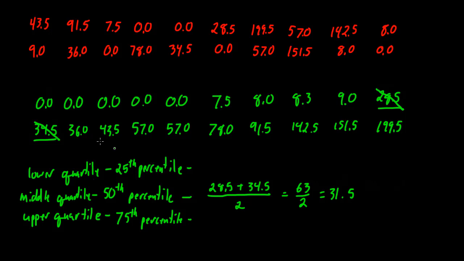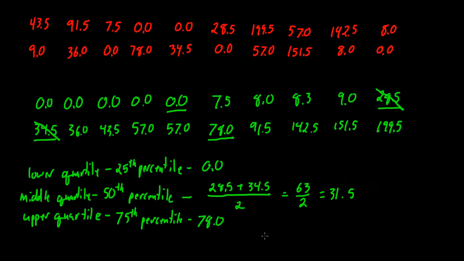So if we look at the 5th data point, so 1, 2, 3, 4, 5, 0.0, and then we have 1, 2, 3, 4 above that as well. We can say that 0.0 is our lower 25th percentile, so we have 0.0. And for our top 75th percentile, we have 1, 2, 3, 4, and 5. So we have 78.0